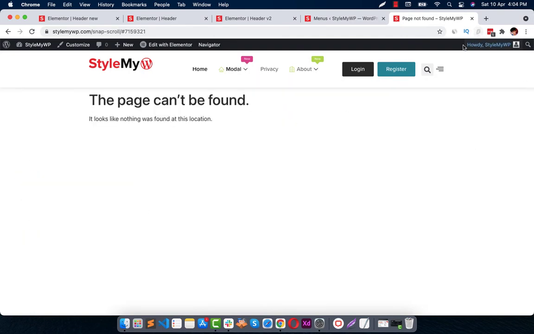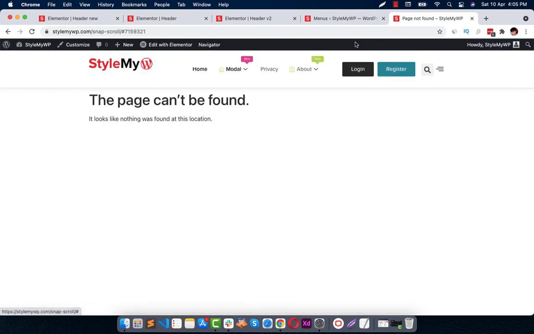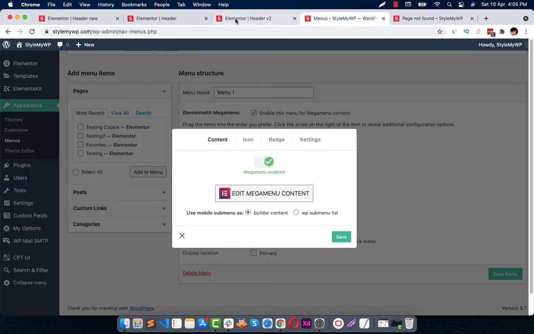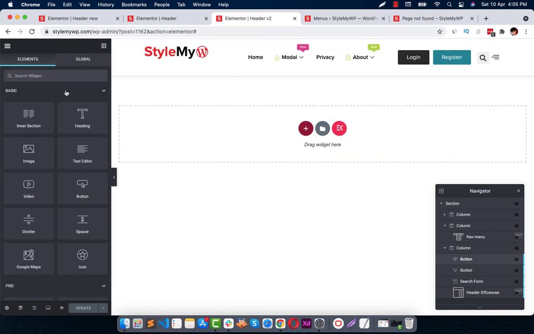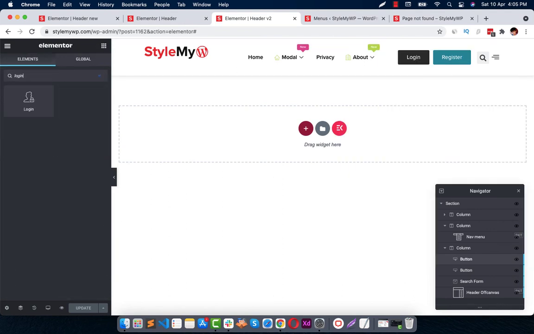Now the last thing which was remaining is how we can achieve a pop-up on hover or click on a button, right? For this we are going to use the dynamic visibility event trigger. So let's simply do this. First of all, let me quickly add a login and paste it here.